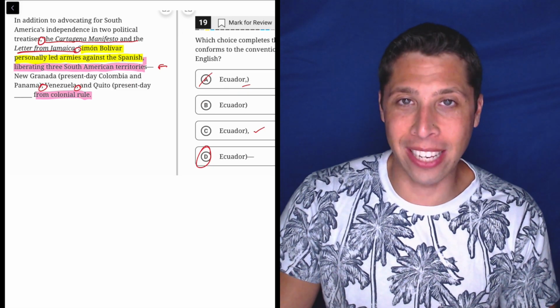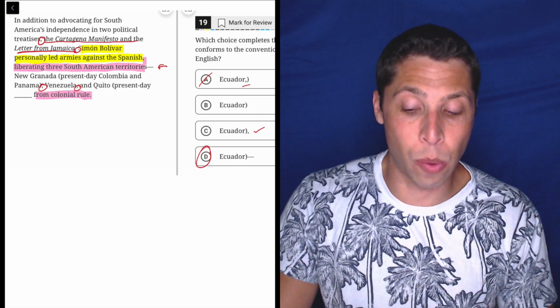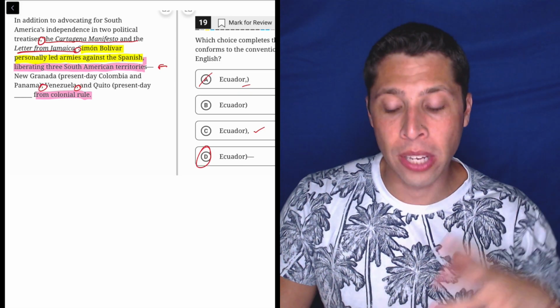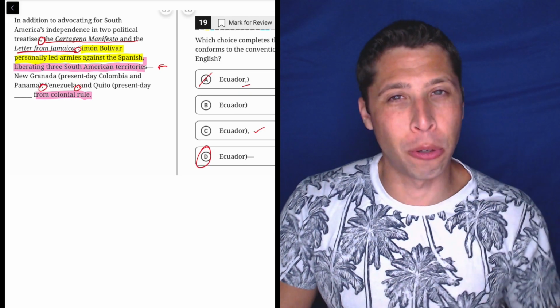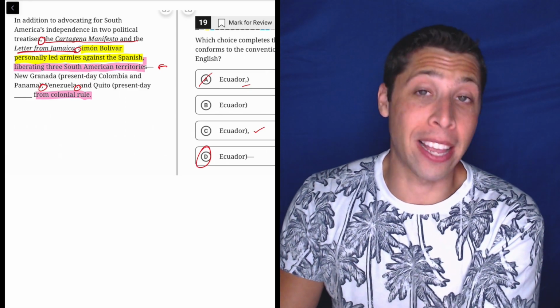Good, this is a confusing sentence. This is not something I would say is good writing, but that's how the SAT gets us in the hard questions. So we've got to understand the rules and be able to really break a sentence down into its parts so we can understand where the interruptions and the breaks are happening.